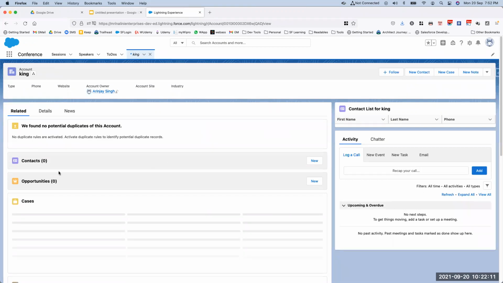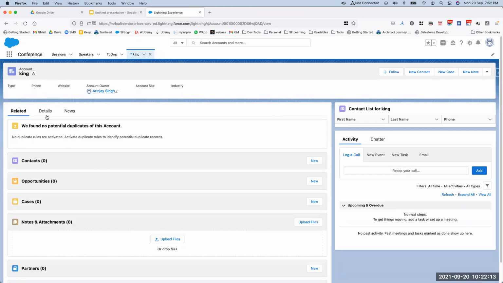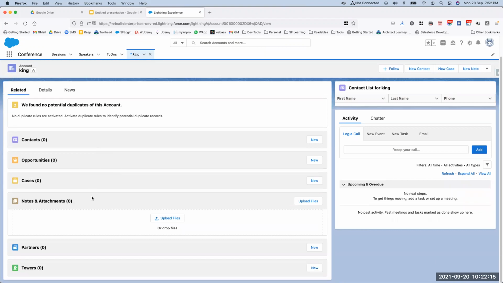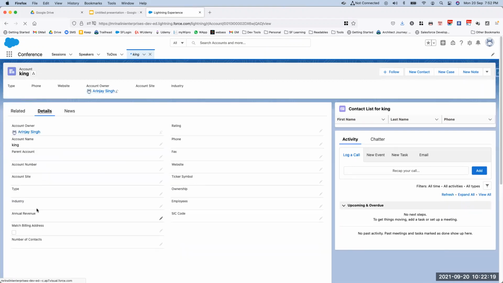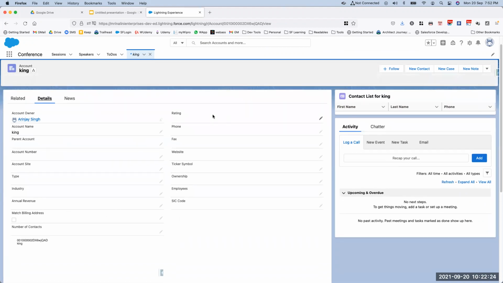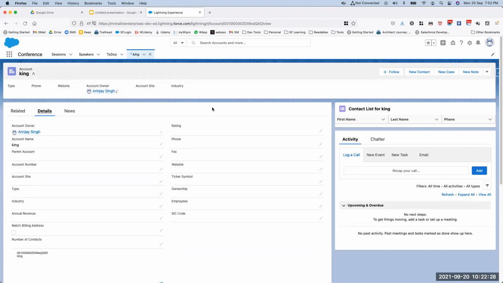So this is an account, and if I look at the rating for this account, I'll go to details. Do we have a rating field here? Yeah, see, rating is empty right now. Now I'm just trying to modify the phone number here.